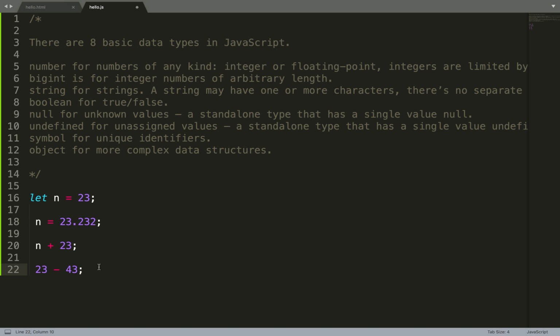Okay. Also, besides regular numbers, there are so-called special number values, which also belong to the data type. There are Infinity, -Infinity, and NaN. Infinity represents the mathematical infinity value. It's the symbol in math. It's a special value that's greater than any number we have in JavaScript. So, for example,